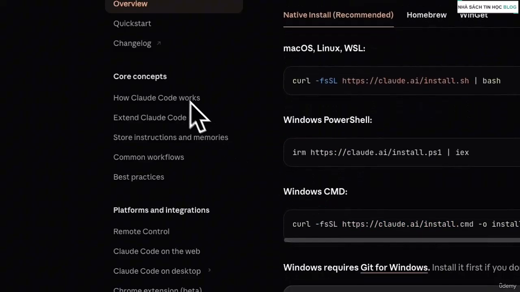Alright? So I will leave the link to this page in the resources section of this lesson. As you can see, we have different commands depending on your operating system. On Mac or Linux, you will be using a curl command. On Windows PowerShell, you will use this command. And if you are on an older version of Windows using command prompt, there is a separate version for that too. So just copy the right one, paste it in, and hit enter.